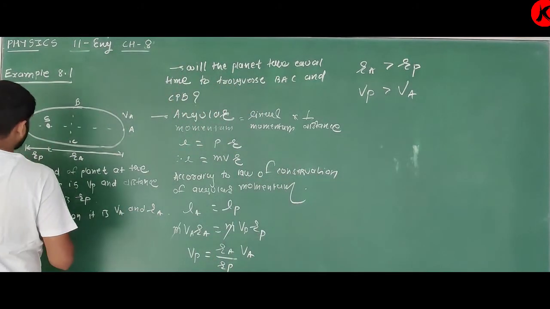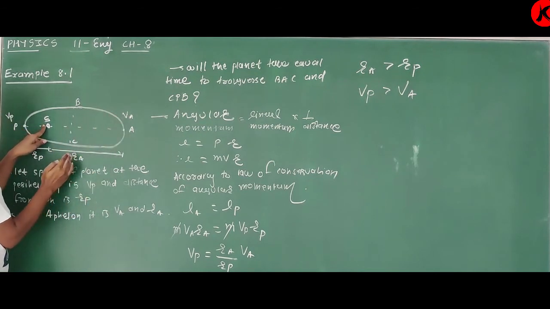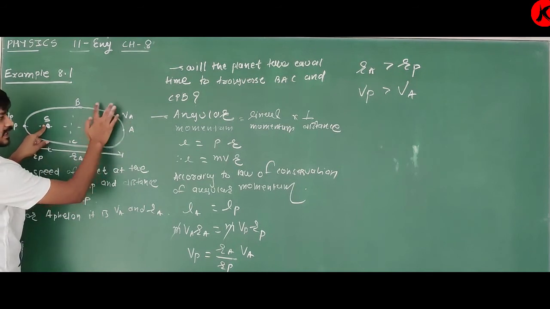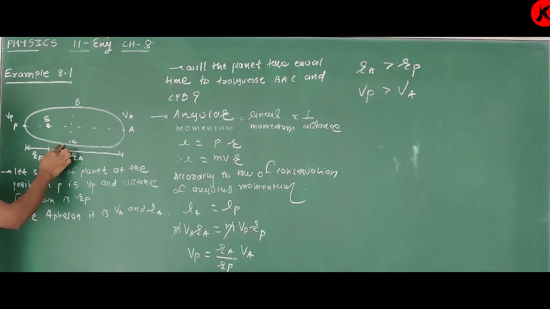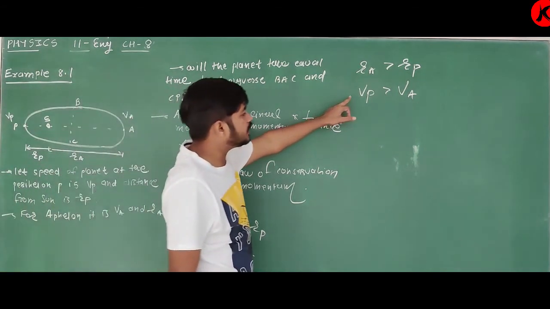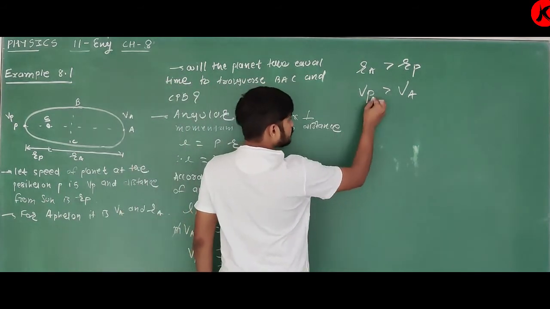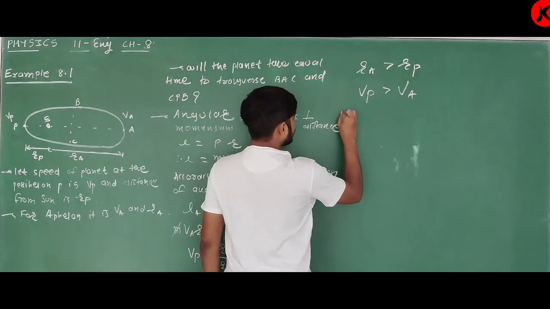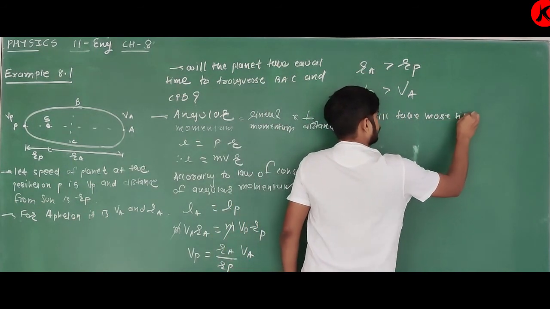So here it is simple. See, it is the Sun. To travel this distance, its speed is less. Yes or no? So if speed is less, it will take more time. Why? To travel the distance CPD, this region is near the Sun, and near the Sun, its speed VP is more. Speed is more, so the time taken is small. So simple. As VP is greater than VA, it will take more time